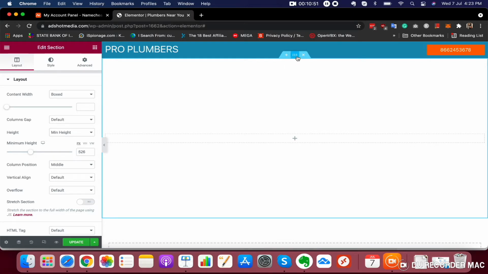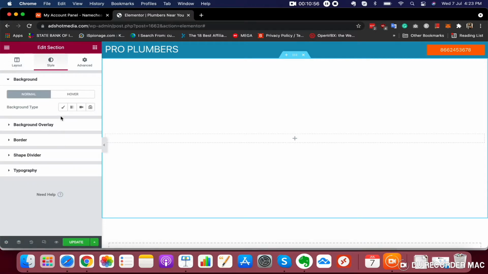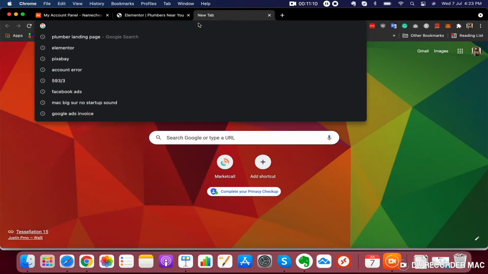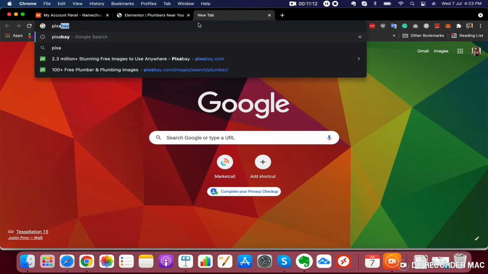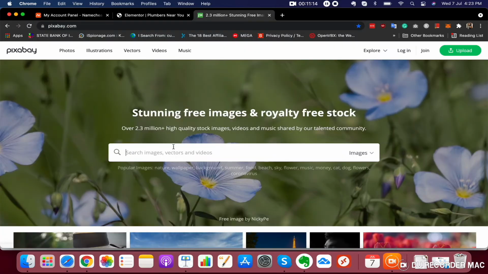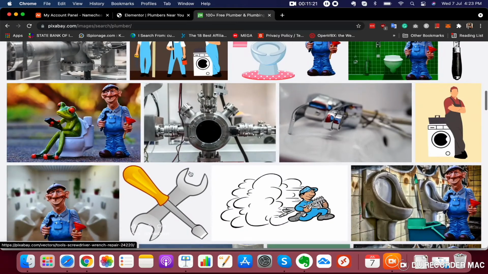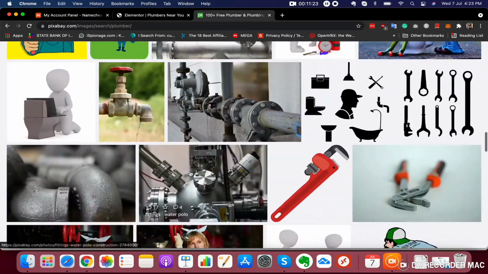Now we can easily select a background here. So just click these six dots again and go to style, and select a background type. We will put our image here. Alright, a plumbing image. For free images, I just use Pixabay. So go to Pixabay and write plumber. Here you can see several plumbing related images.